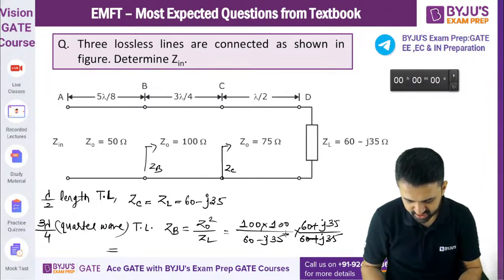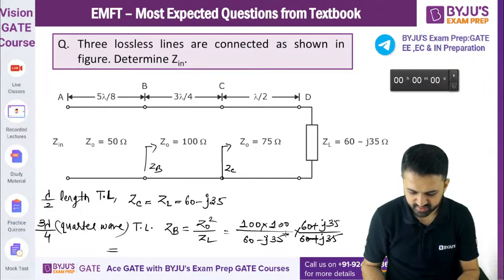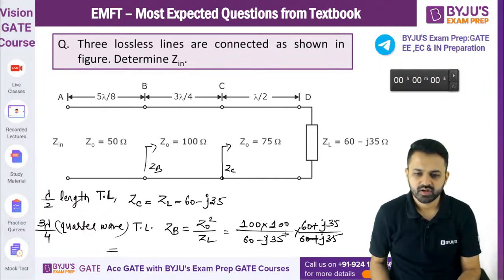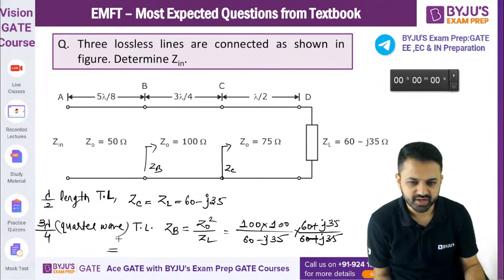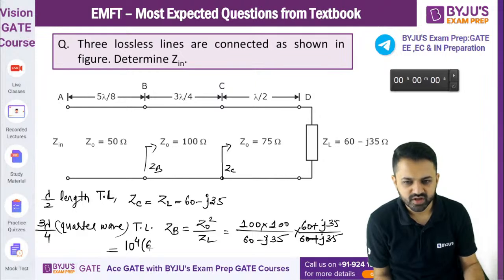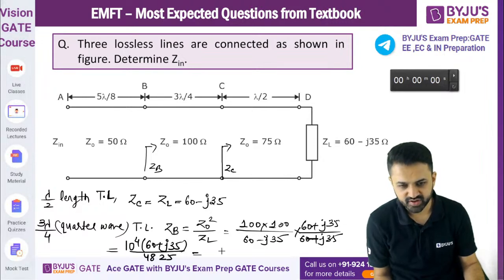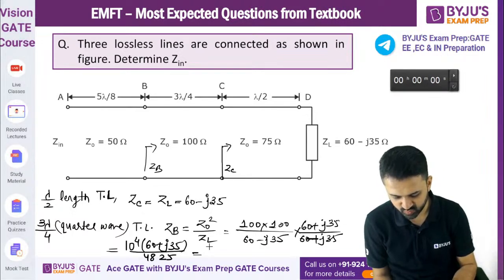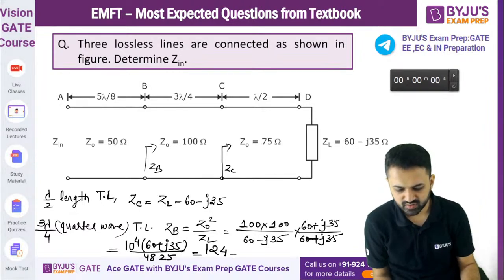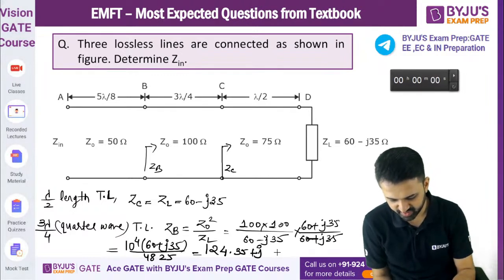ठीक है, 60 का स्क्वायर प्लस 35 का स्क्वायर। ठीक है, तो 4825 आ रहा है डिनोमिनेटर में, तो इसको मैं लिख लेता हूँ 10 टू द पावर 4 इंटू 60 प्लस J35 डिवाइडेड बाय 4825। सो 60 इंटू 10 टू द पावर 4 डिवाइडेड बाय 4825 करने पे आ रहा है 124। ओके, ठीक है, 124.35 प्लस J, यहाँ पे एक बार मैं इतना यही तक निकाल लेता हूँ बस।